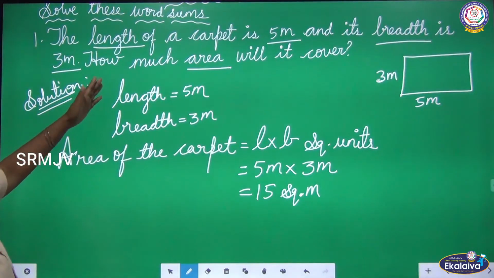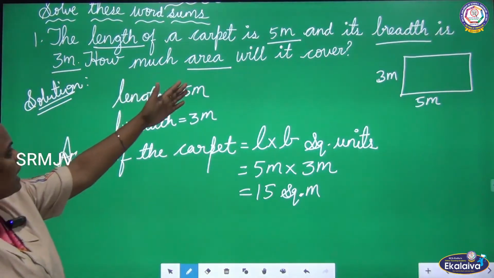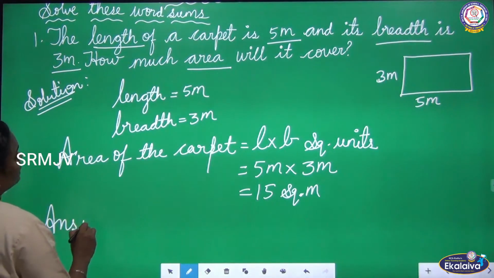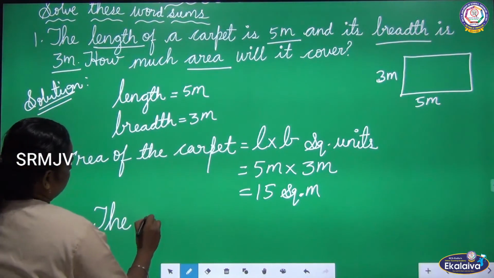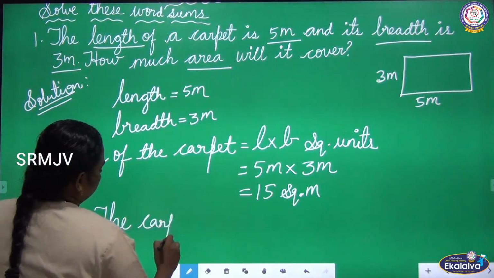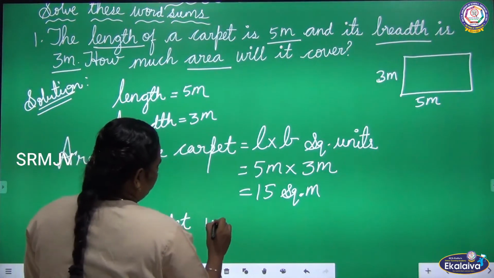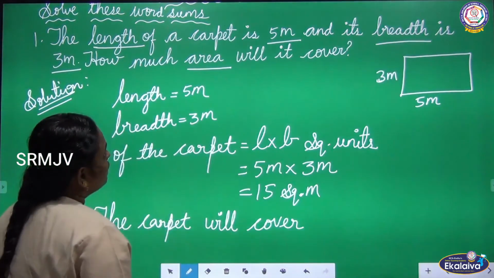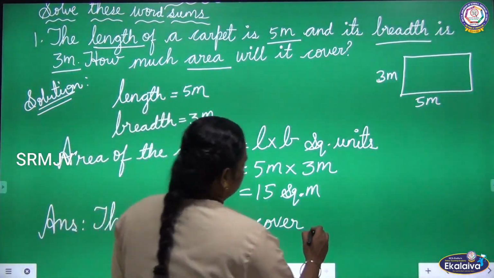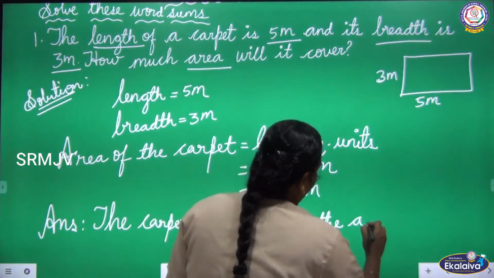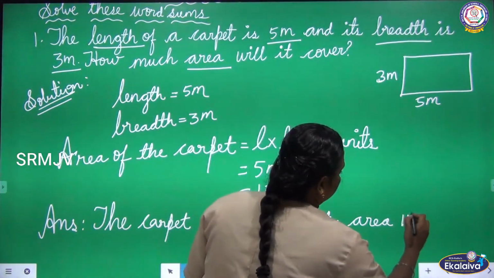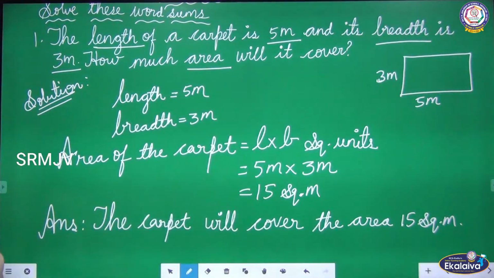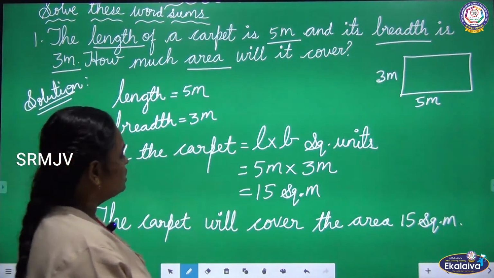So what is the area of the carpet will it cover? 15 square meter. So the answer, the carpet will cover the area 15 square meter. Next one,